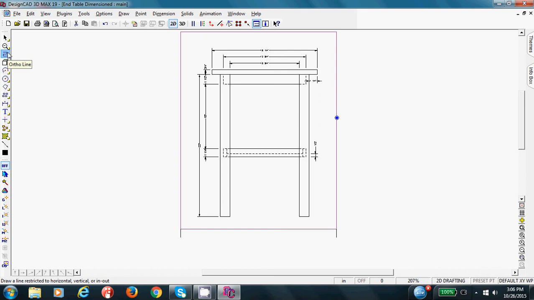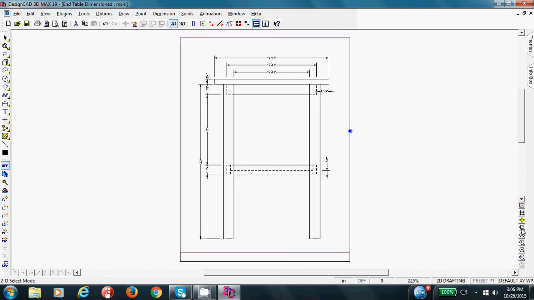Get your ortho line drawing tool, right click or snap to this point and snap to this point, press enter to draw the line black. Now this is your title block. And if I fit to screen, it looks approximately right. If it's incorrect, we can always change it. Now we're going to grab the